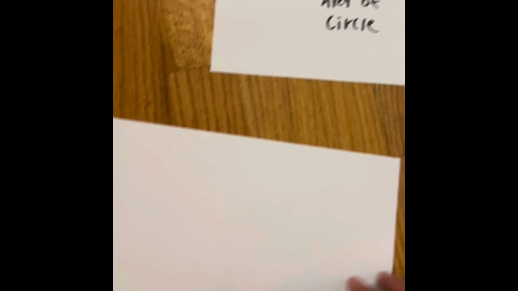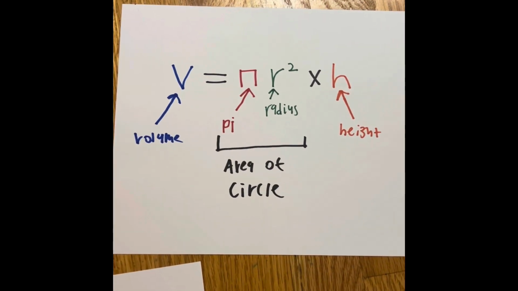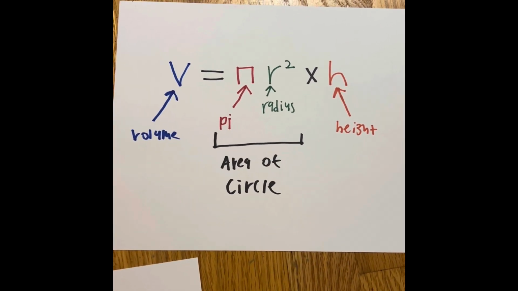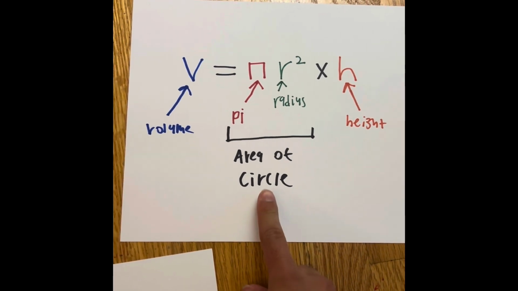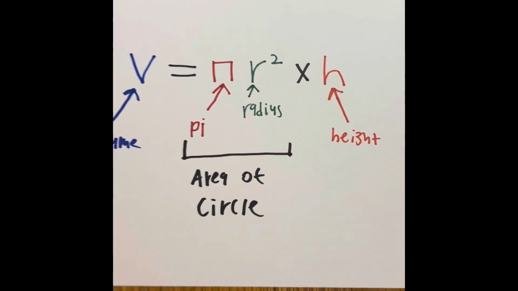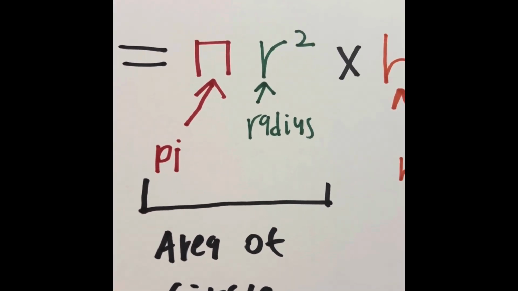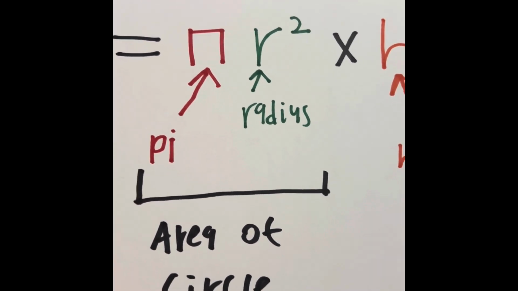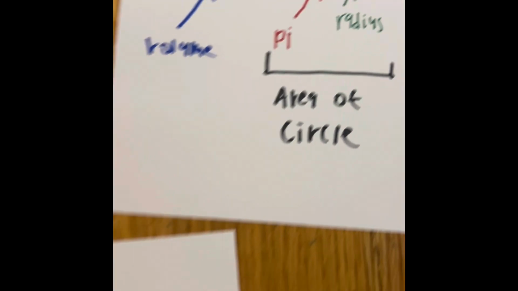So right over here, we have a blank piece of paper, and that's what we're going to work on. The formula for the volume of a cylinder states that we have to find the area of the circle first. So we have pi r squared, which is the area of a circle. Right over here, we can plug our numbers into the formula. The volume is going to equal